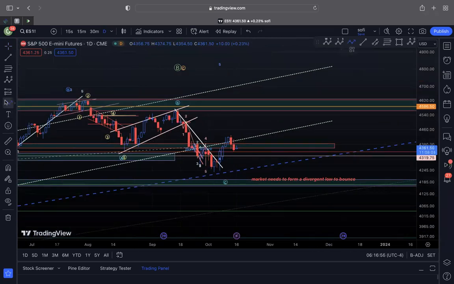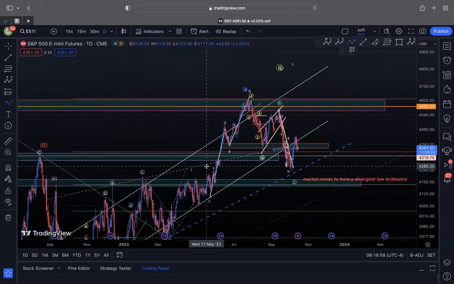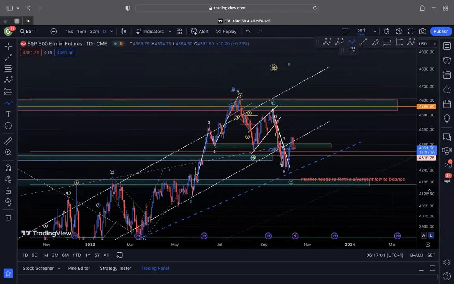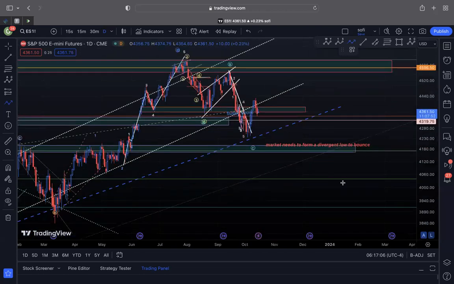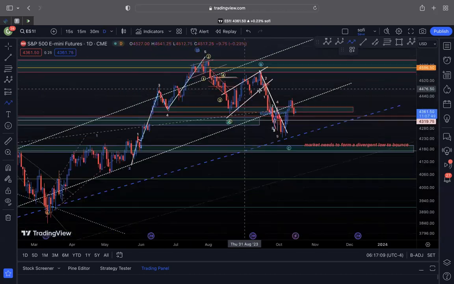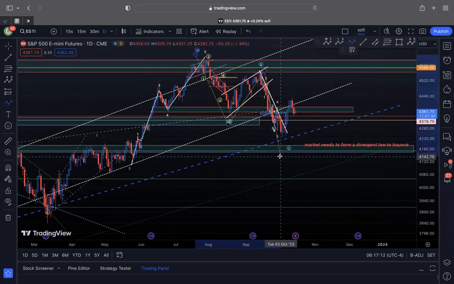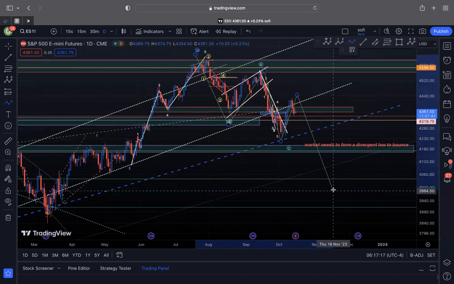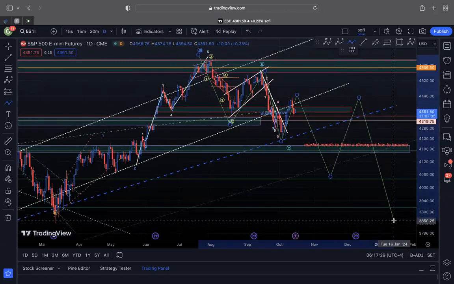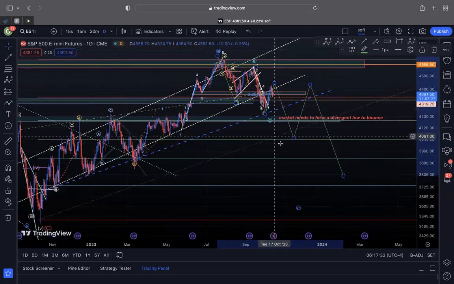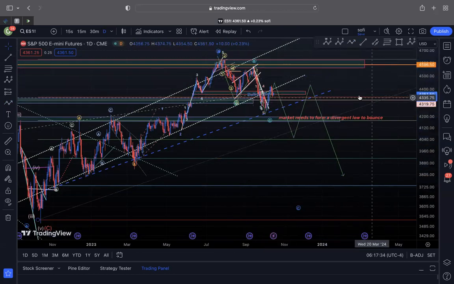Number one would be a continuation of the downtrend, because we just had an algo trendline bounce and there's been no real follow through. So your first scenario is if this is a WXY, then we're potentially in an ABC in the Y wave. In that case, we would have more downside to about 4050, 4000, then it has a bounce before it again comes back lower. So this is kind of what your WXY would look like.